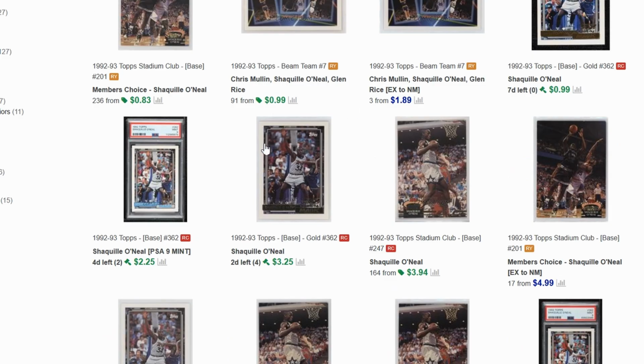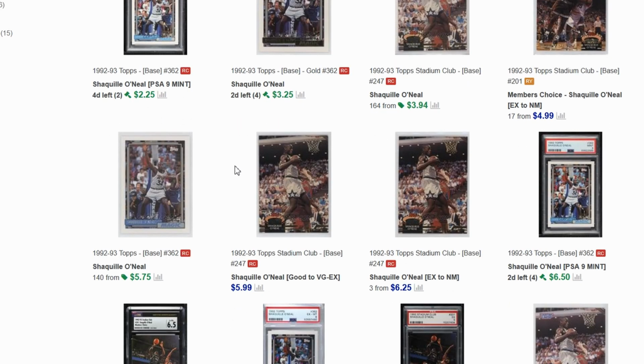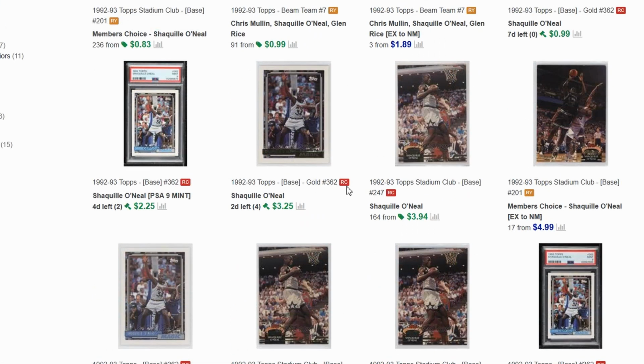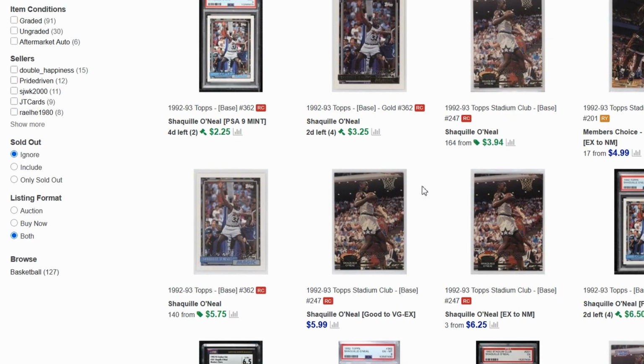But we're going back to Shaq here. And this is something I mentioned on the first video, but COMC's cataloging is really good. This is a strength for them over eBay. If you go onto eBay, there's probably way more than 140 of these Topps Shaqs on there, but they're really hard to find. If you typed in 92 Topps Shaquille O'Neal, you'd pull up all this sort of stuff and God knows what else, because sometimes people just don't use the right keywords. They don't know what they're doing. They're using AI, and it's all kinds of craziness, where here you have a seasoned staff that is cataloging these